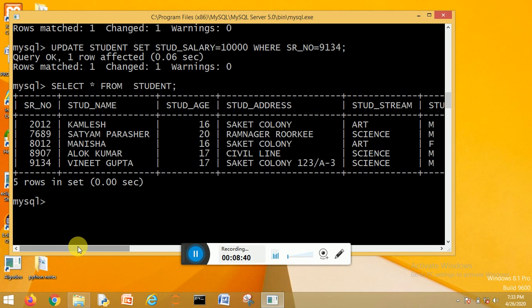Again I am just going to repeat. First of all, to add a new column, we will use the command alter table, the name of the column and also the data type of the column.